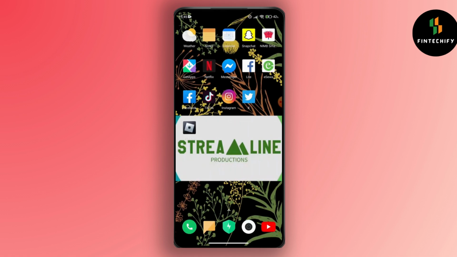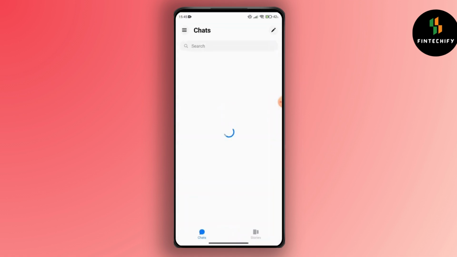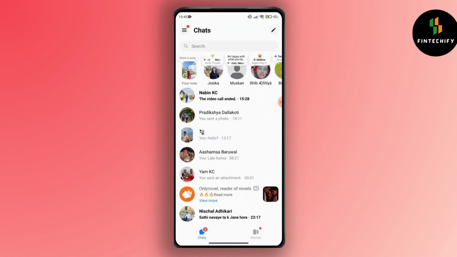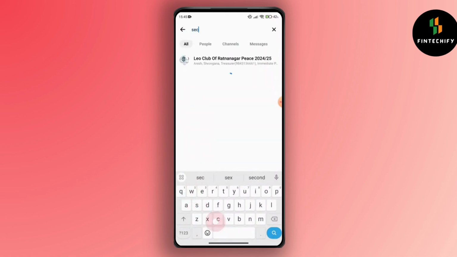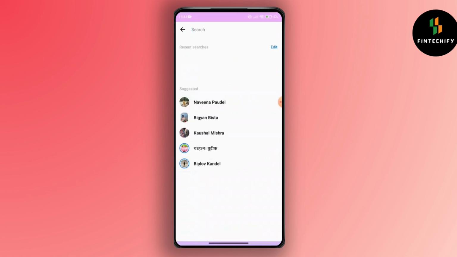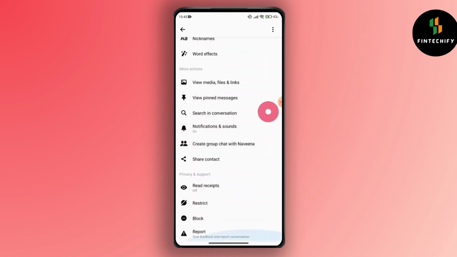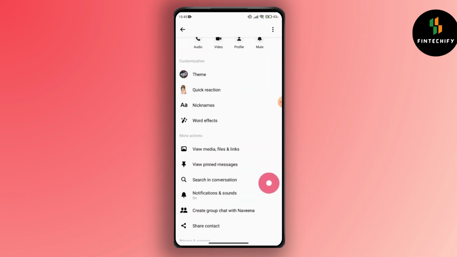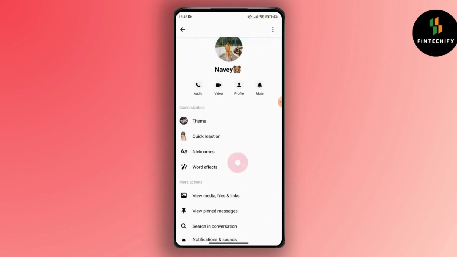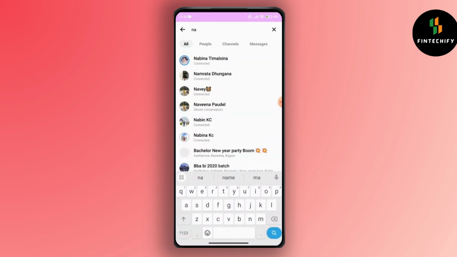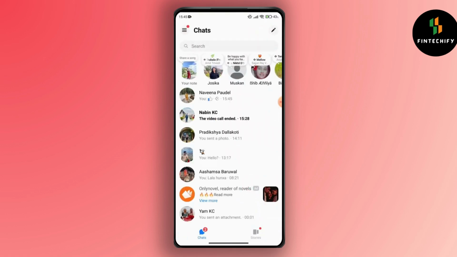So when you open up your Messenger here, you have to go for the secret conversation with your friend. Just go for one of the friends and go for the secret conversation here. So here you can just go for the secret conversation if available. So you can search for that. So here you can see the secret conversation between me and my friend. After that,